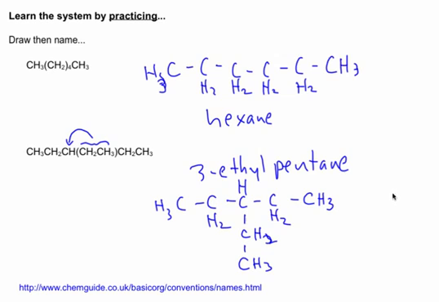So like I said, you need to learn the system by practice. So things you have to be able to do. You have to see a name for a molecule and be able to draw it. You have to be able to take a drawing and properly name it. And you should be able to, like we just did here, take structural formulas and be able to both draw